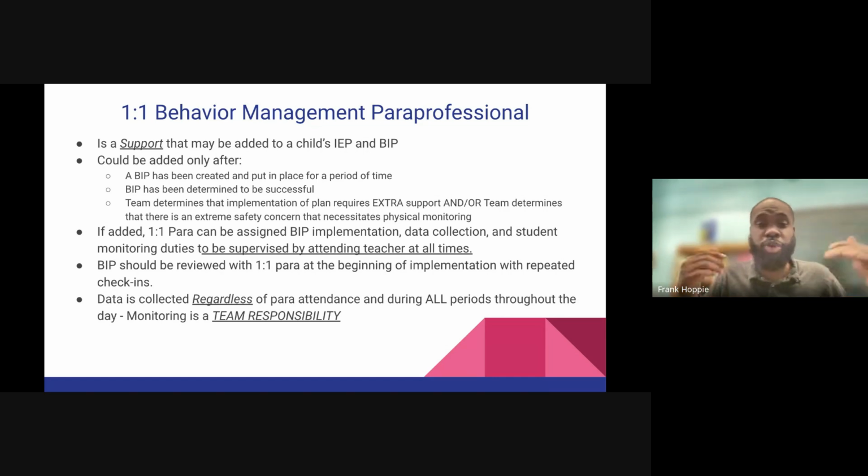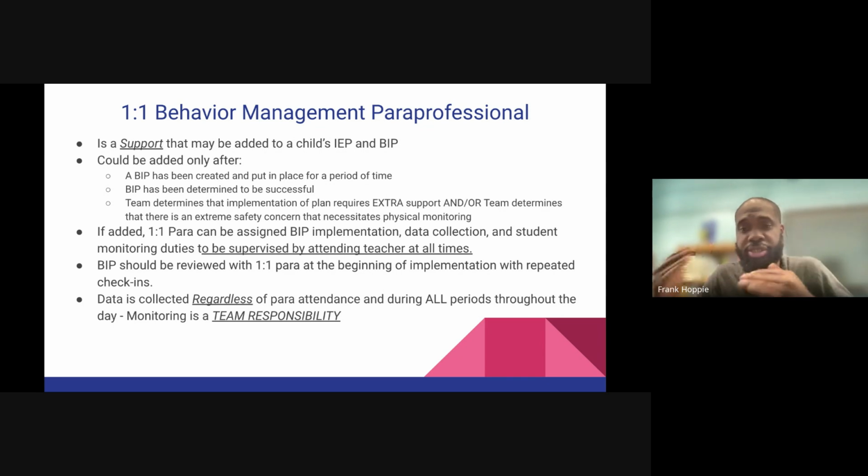And in addition to that, we're saying that these strategies are so intense or require so much effort to carry them out, we may need an extra person on hand to support that. That is not always the case. And when you come up with a BIP, you have to consider all of these things, because we're trying to keep children in the least restrictive environment possible.